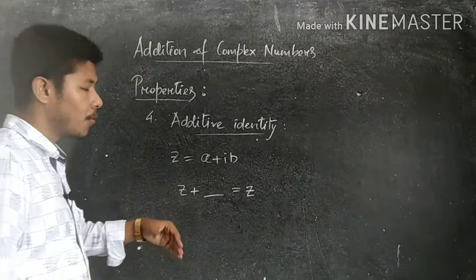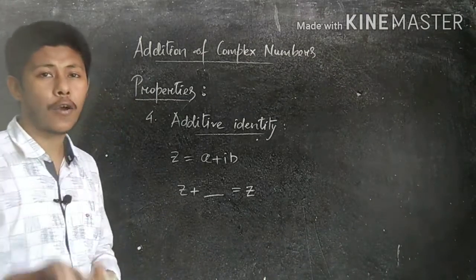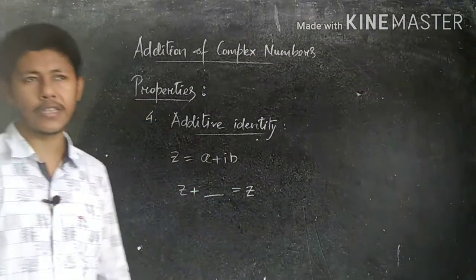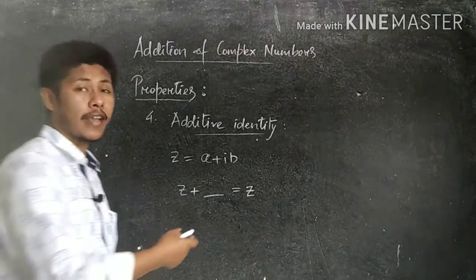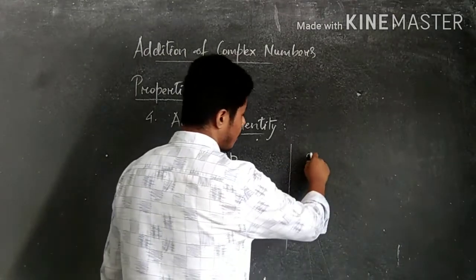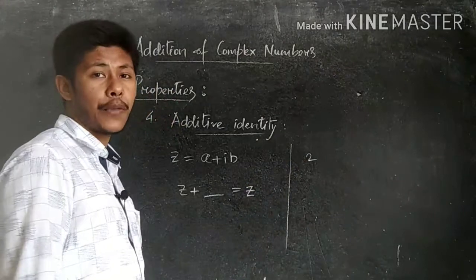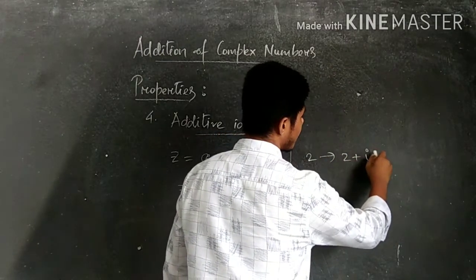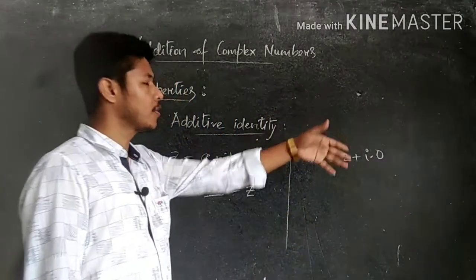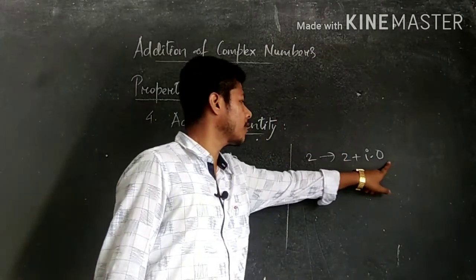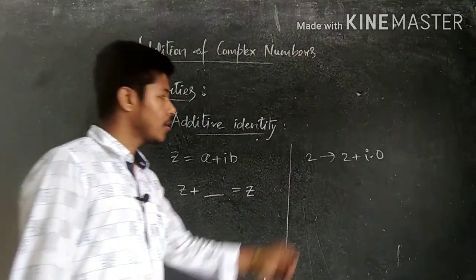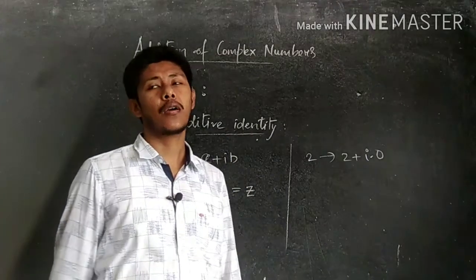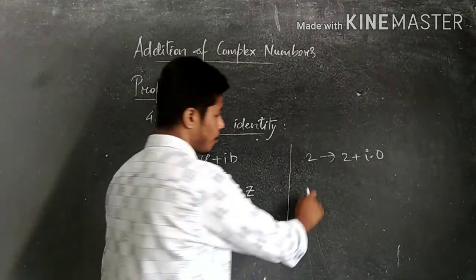So no doubt here we can express 0 as a complex number also, because each and every number we can express as a complex number. Let's take an example here. An example does one. Suppose 2. Can we say this one is a complex number? Yes. How can we say 2 plus I into 0? I into 0 means what? 0. Ultimately, this one is of the form a plus ib or not. So that means each and every number we can express as a complex number. Is it clear?